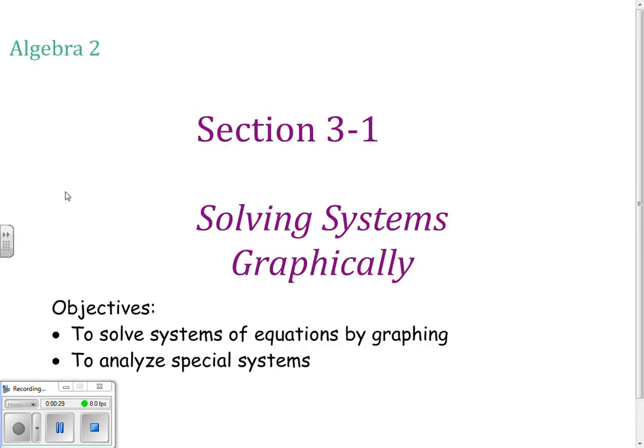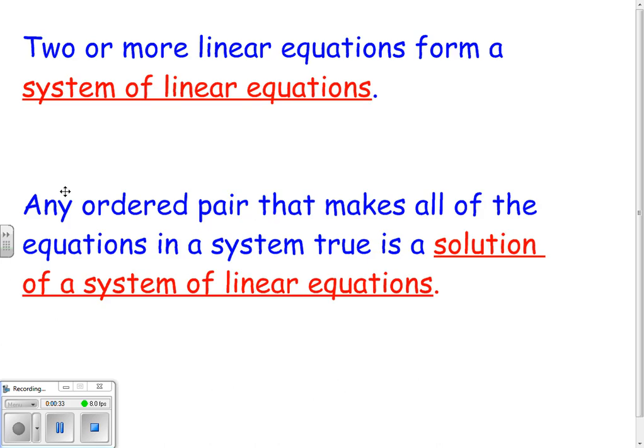Section 1 in Chapter 3 talks about solving systems graphically. Before we can talk about how to solve them graphically, we need to know what a system is. When you have two or more linear equations, it forms a system of linear equations. You take one equation and another equation, or more than just two, and put them in the same problem,